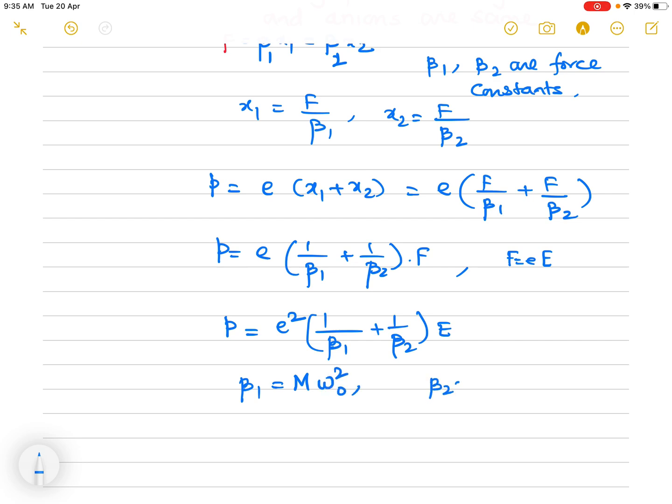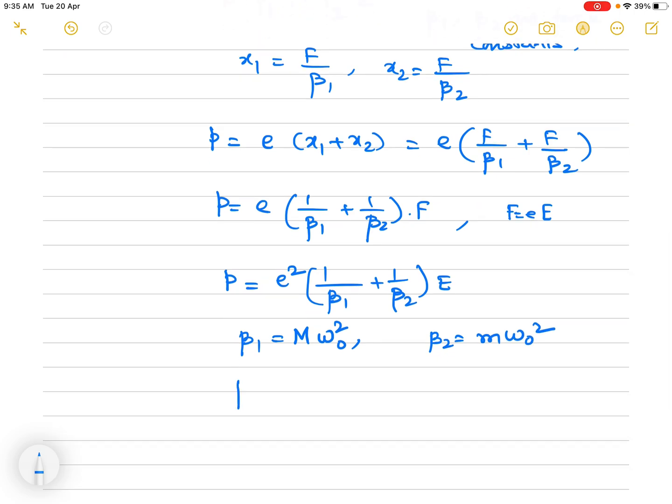So therefore P is equal to e squared over omega naught squared, times 1 over M plus 1 over